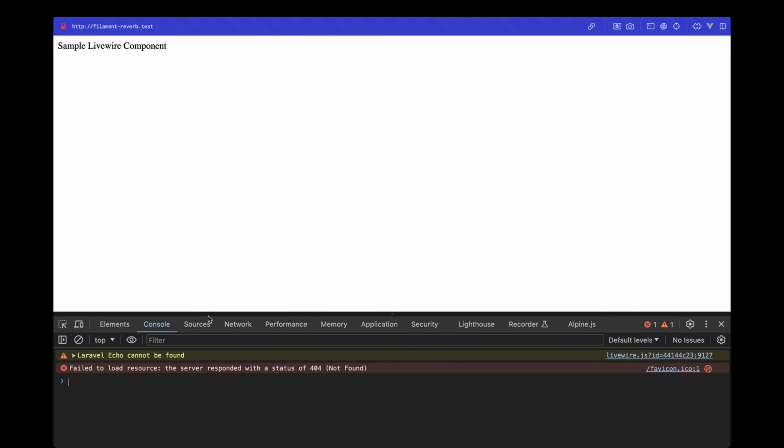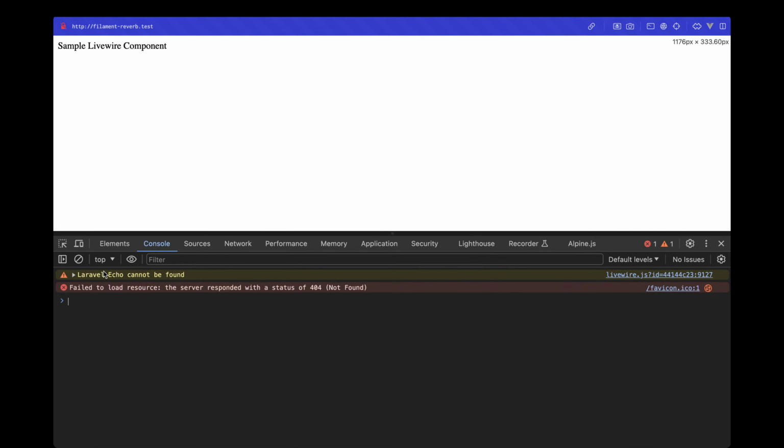And okay, we are getting some errors. As you can see, we are getting this error called Laravel Echo cannot be found. And the reason why this is happening is because we did not include the compiled CSS and JavaScript files on our welcome.blade. And if you are using an auth package like Laravel Breeze or Laravel Jetstream, then in that case,